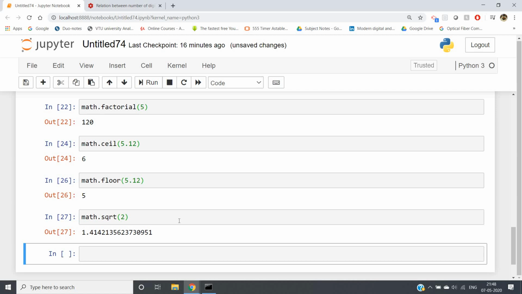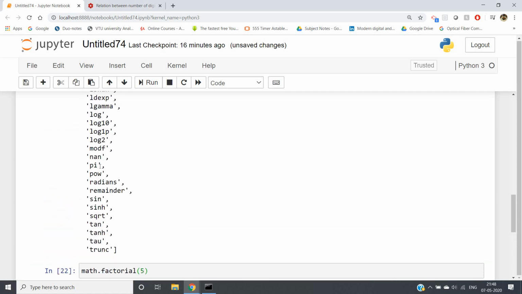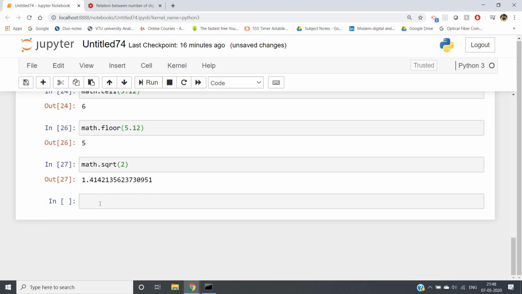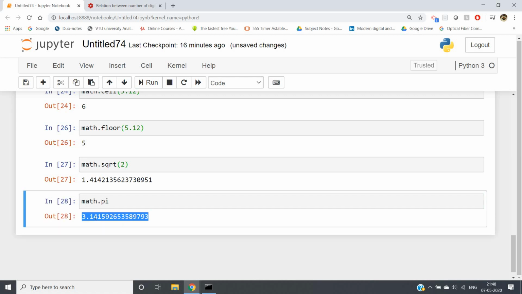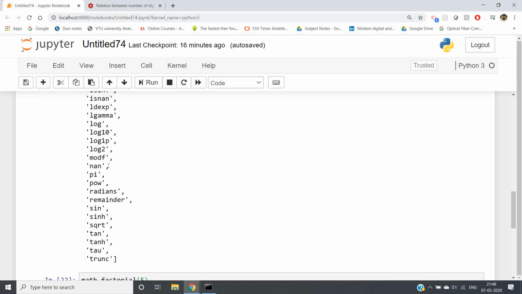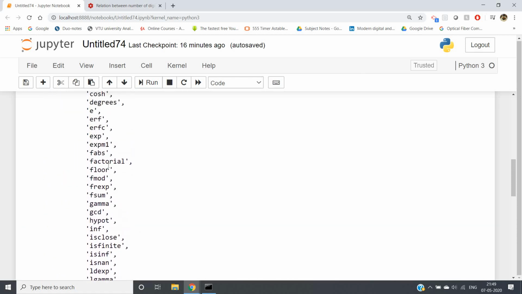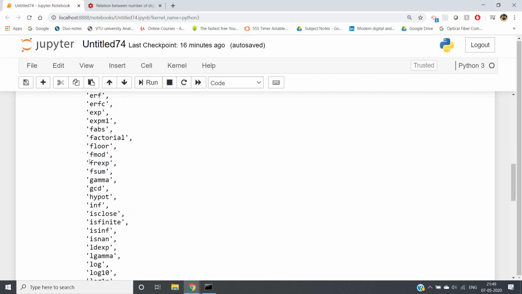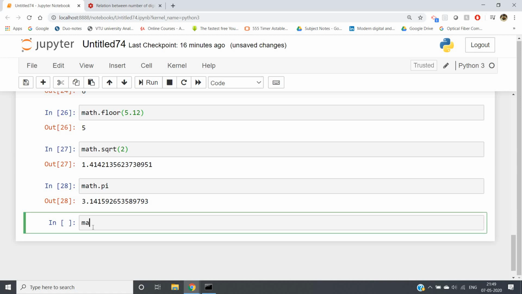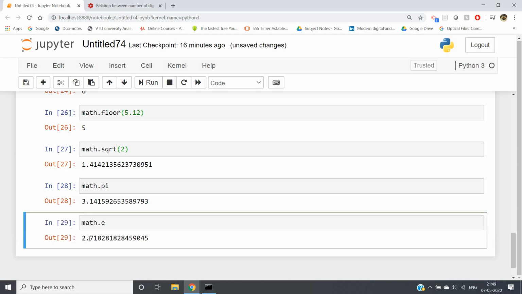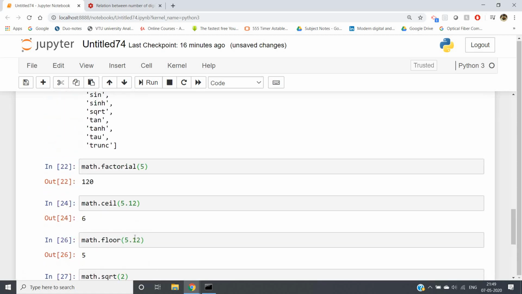Then some constants which are available. See, pi. Pi, we widely use. Simply write math.pi. Many times in programming we may require the 3.14 value of pi. Well and good, this is one constant. Then one more constant, e. e is nothing but a value between 2 and 3, right? So math.e, just write it, hit enter, and you will be getting 2.7, the value of the exponential. So this is about some constants.